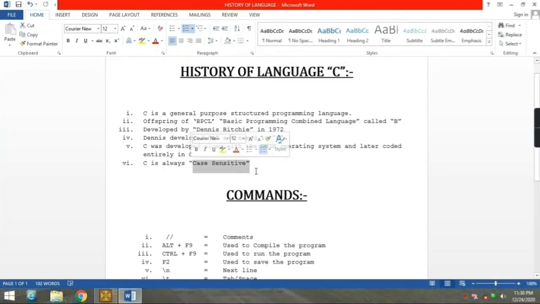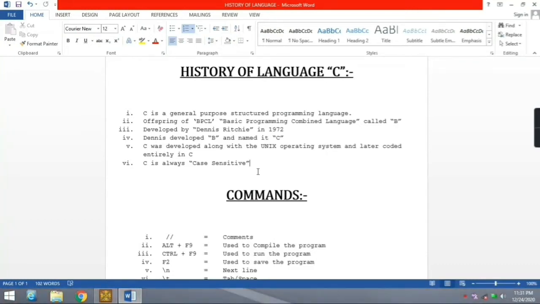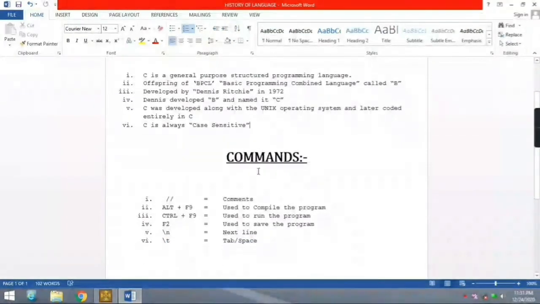This is known as case sensitive. And if we have written it completely in small letters, then while running the program we have to write it completely in small letters. Any other difference will cause the program to not run or not load.